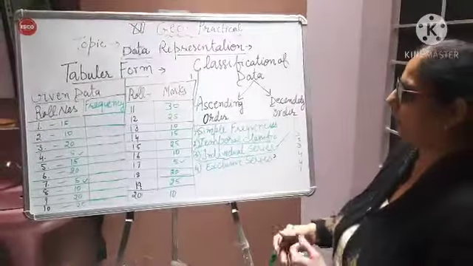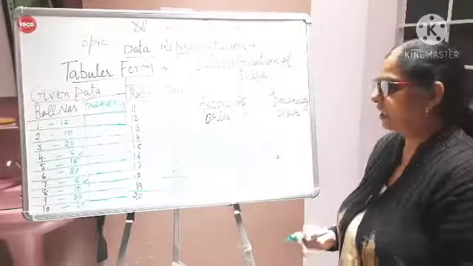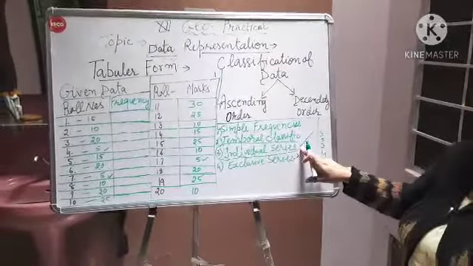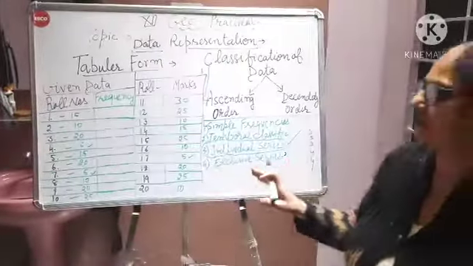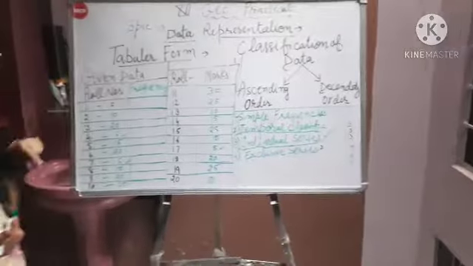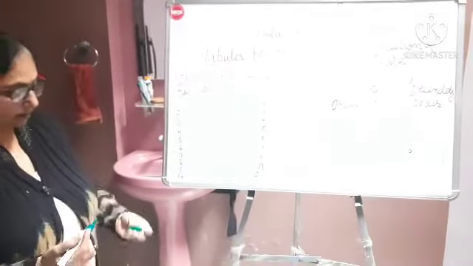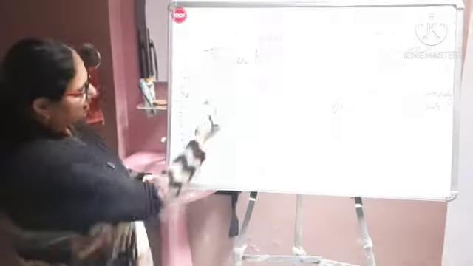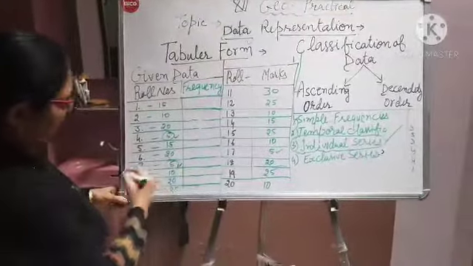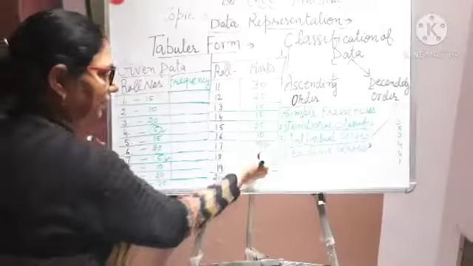You know better how to write ascending order and descending order, that is another aspect. Now, according to this method, the individual series method, we'll count these roll numbers and their frequencies. Suppose I ask how many students have secured 5 marks, we'll see roll number 4, roll number 7, and 5 marks here, roll number 17.